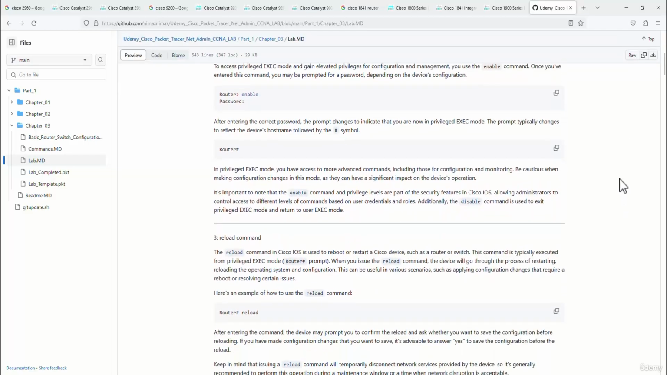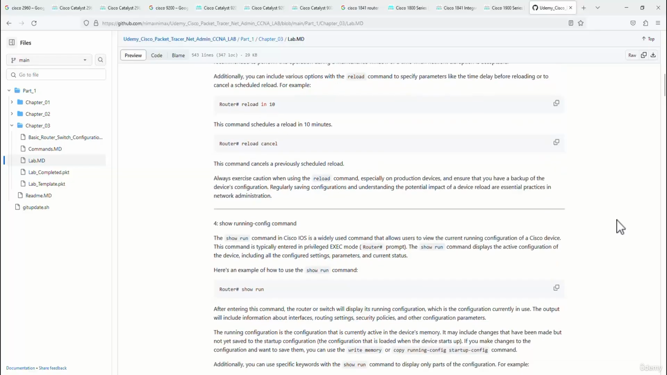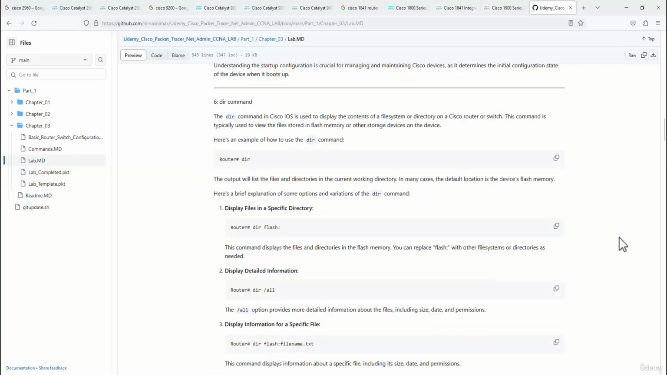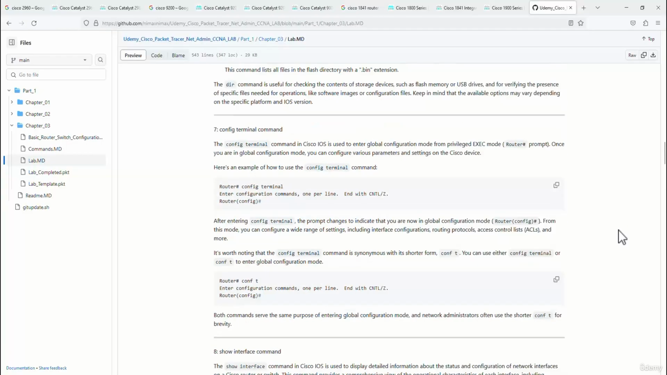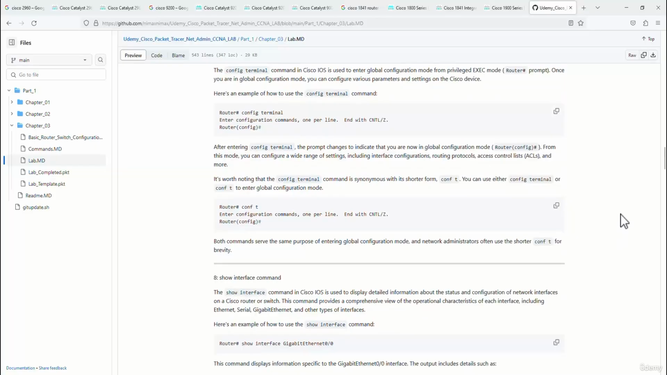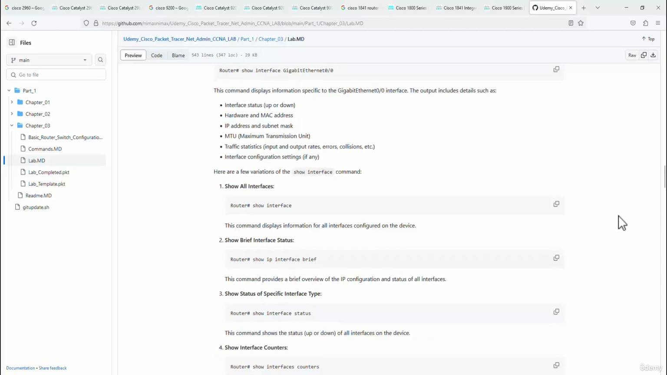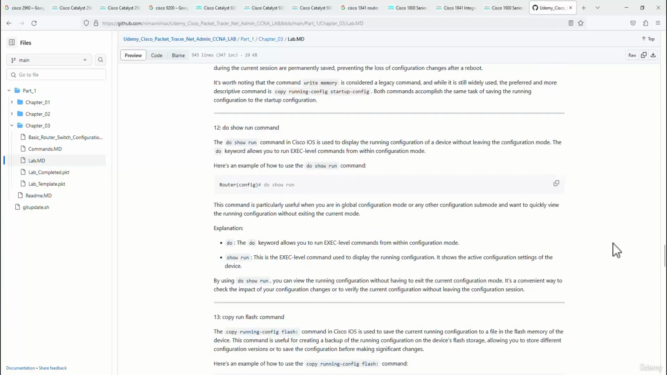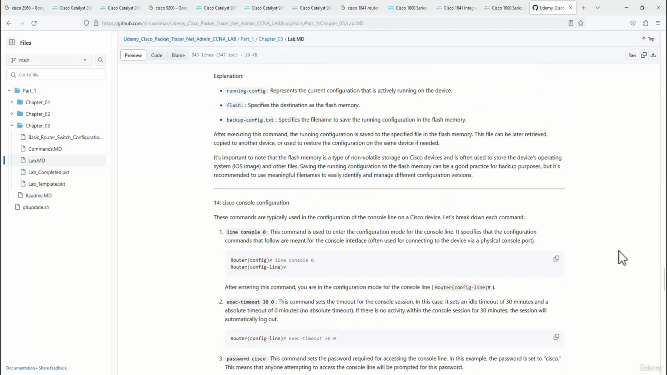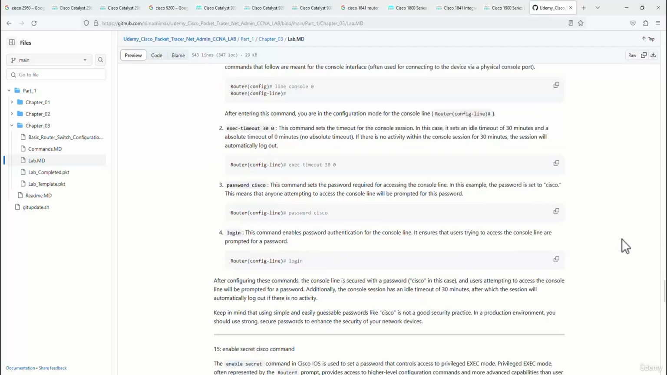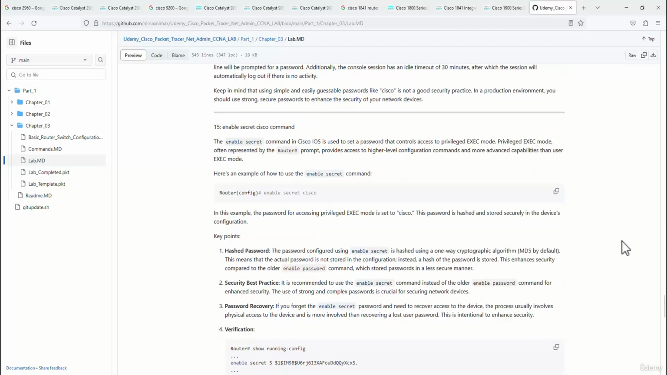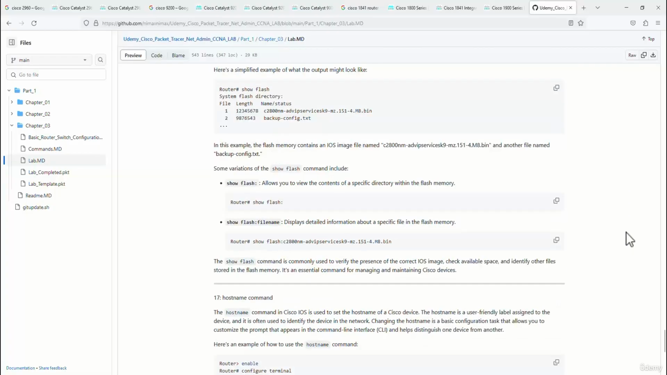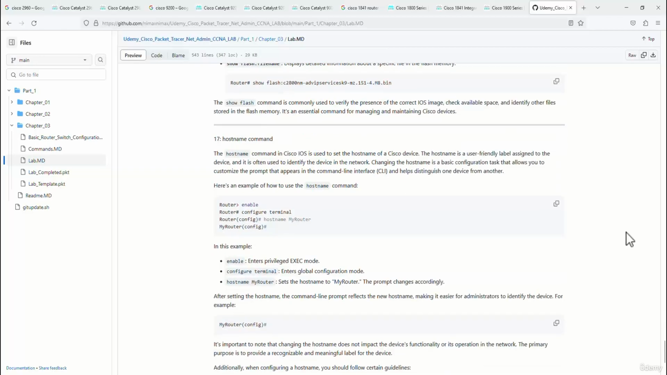and how we can reload the switches and routers, and the configurations for the running config, startup config, and all of the configurations related to the basic configurations of the switch and router, checking the version of the switch or router, writing the configurations, and configuring the console port, and configuration of the enable password or enable secret, and checking flash, the storage of the switches and routers, configuring the hostname,